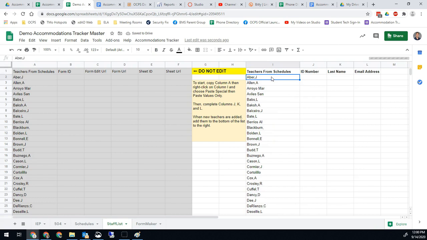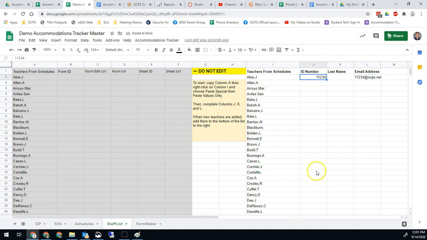Now, hopefully you're able to pull a master list of ID numbers, personnel numbers for all your teachers, and then you can pretty easily line them up here. But what I need is the last name for each teacher on this column and the email address on this column. Quick trick to get those email addresses easy: if you already have all the ID numbers, let's say this ID number is 11234, then we can do equals J2, which is that column for the number for that teacher, and then we can do the ampersand and do @ocps.net, and then I have that email address,